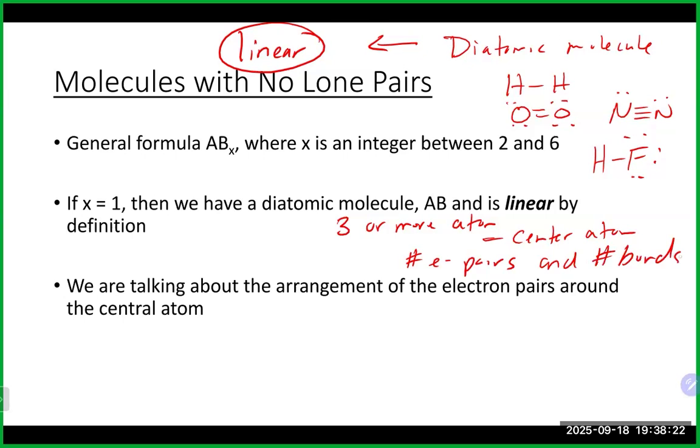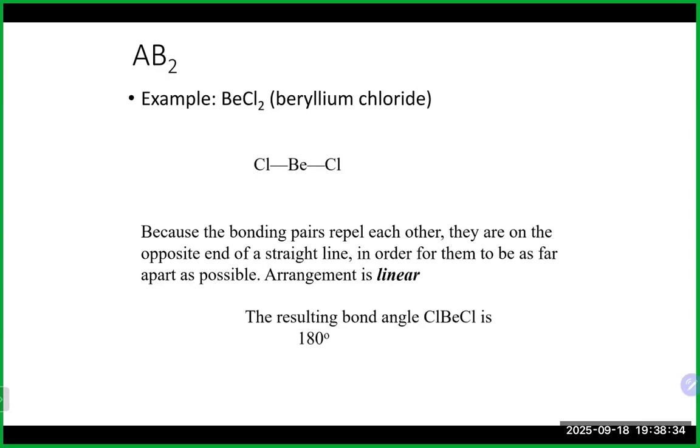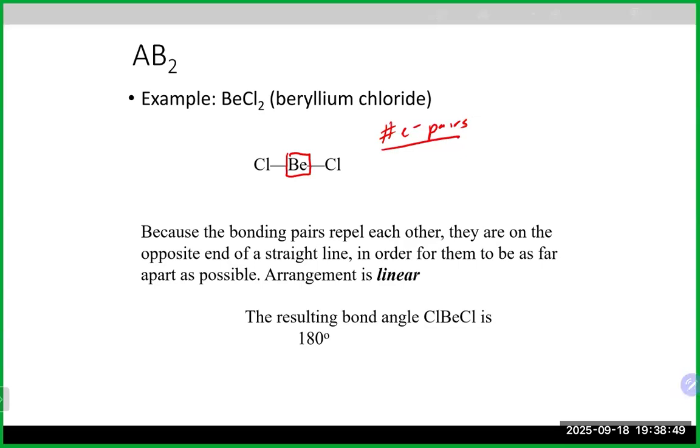So those are really the 2 things that you want to look at and count. Let's take a look at our first example here, 3 or more. This is beryllium chloride, which is an incomplete octet. If we count up, we go to the center atom and we want the number of electron pairs. So again, if we count up the number of electron pairs around the central atom, in this case,